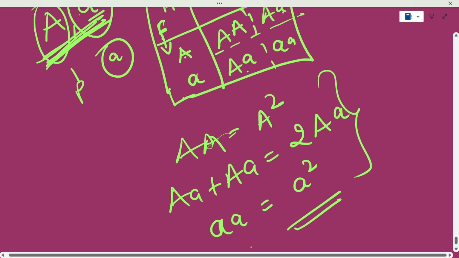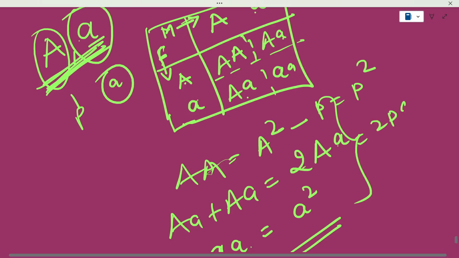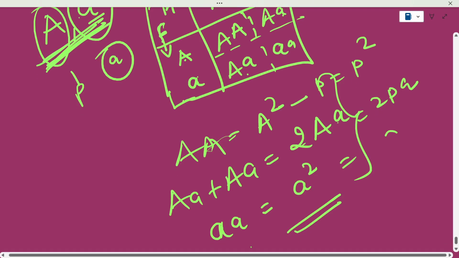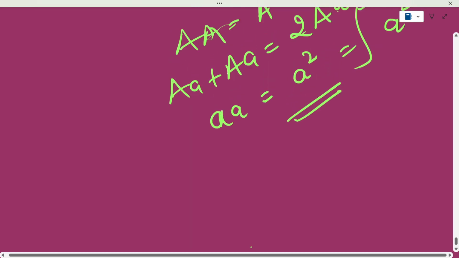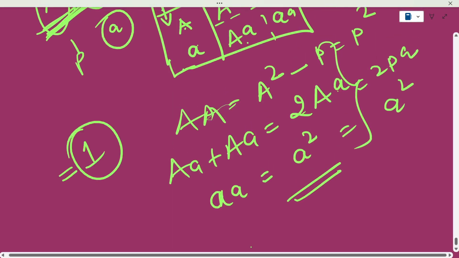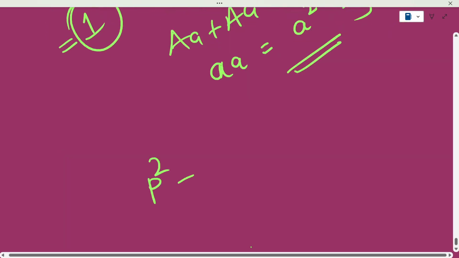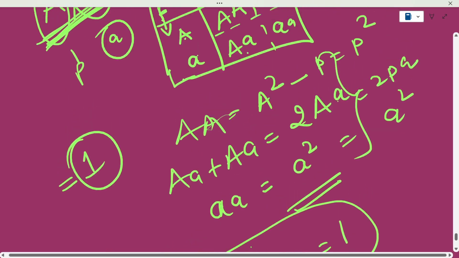अब इनकी फ्रीक्वेंसी कंसिडर करते हैं. A की फ्रीक्वेंसी है p, so this will be p square. यहाँ पे ये हो जाएगा 2pq और ये हो जाएगा q square. And since we knew that the total system equals to 1, so this is how we derive p square plus q square plus 2pq is equal to 1. That means total